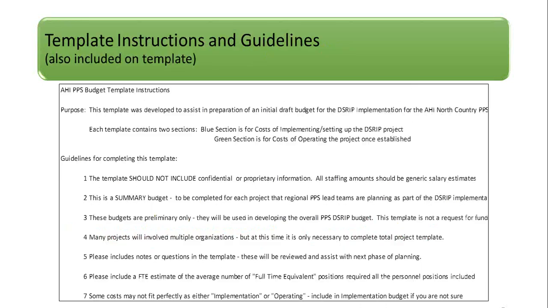All right, on to slide 7. I'm just going to mention this one. This relates to the actual template that we provided the regional teams, and we attempted to give you a guideline of the potential costs that we think may be needed for all the costs of projects. So that was the idea, to have a framework for the regional teams to work through. So this is just some guidelines for that, and I won't go through those. That's more for your reference.